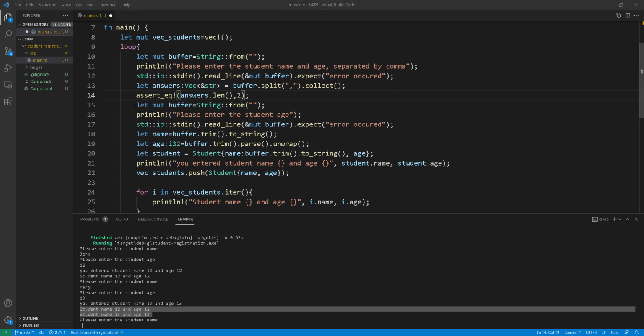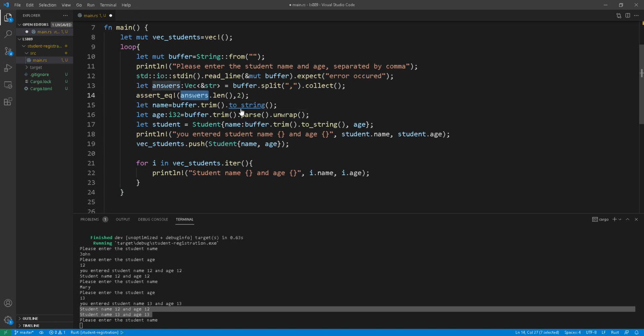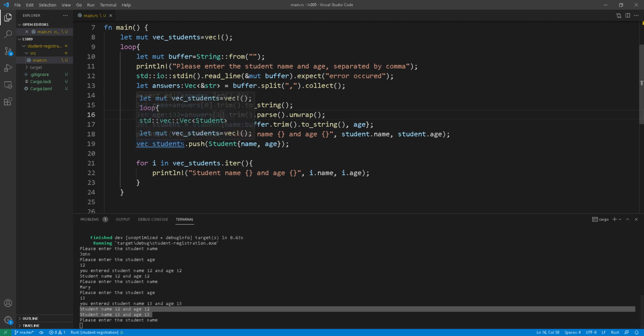Now let's trim our program. So there's a lot of redundant code that we can get rid of. Let's get rid of line 15 to 17, not needed any longer. We'll use the answers vector, and I'm going to call index 0 from that vector, because I know that would be the name from the instruction that I gave the user. And for the age, again, I'm going to use the answers vector. I'm going to put the element 1 from that vector, and I'll leave everything else the same. Let me just double check here, line 17. Yep. Okay, all good. Let's save that